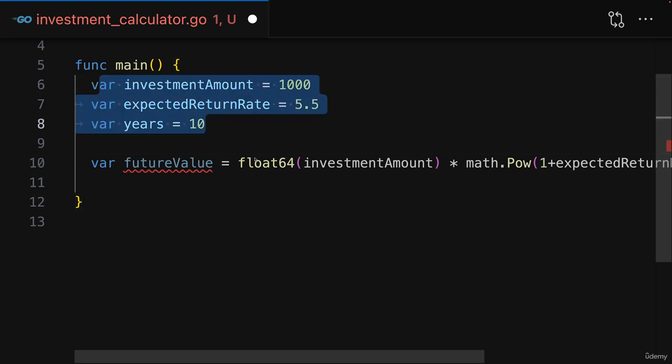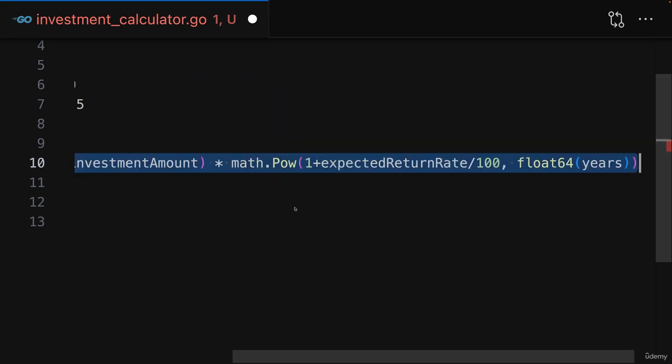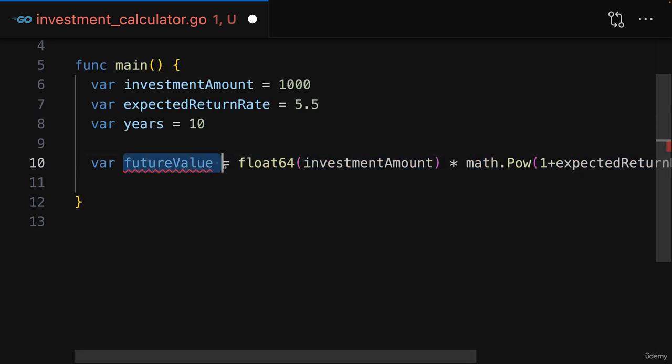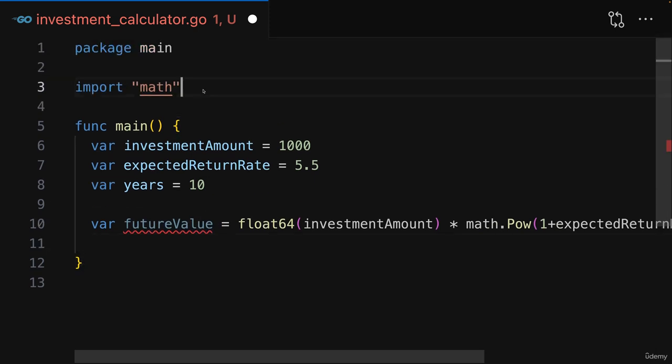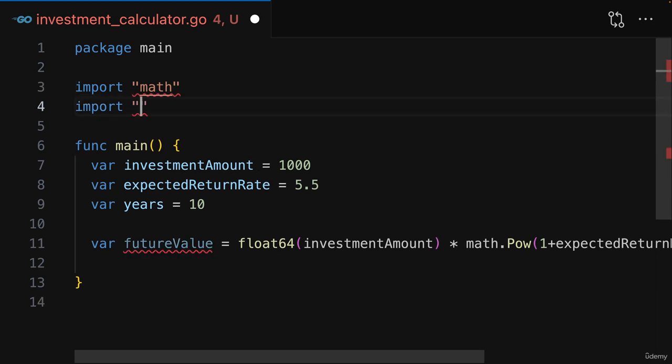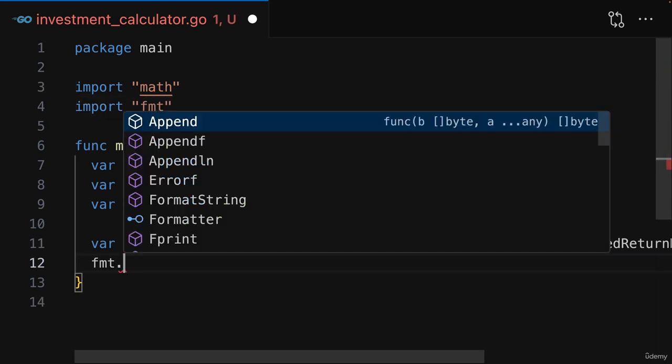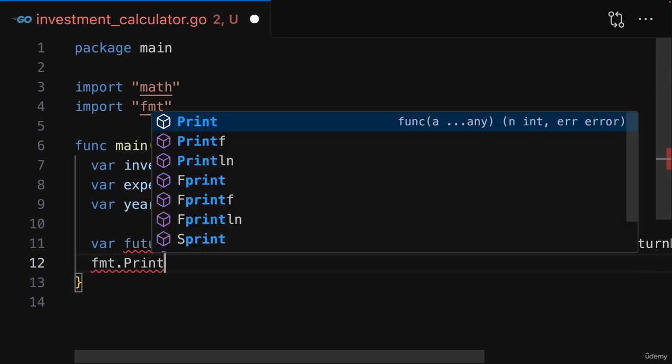So we used some variables in a calculation, and we got started with working with types, and we had to perform some type conversions. Now it's time to output this future value. And of course, we already saw how we can output values. We can import that fmt package again, and then use it down here to call the print function to output